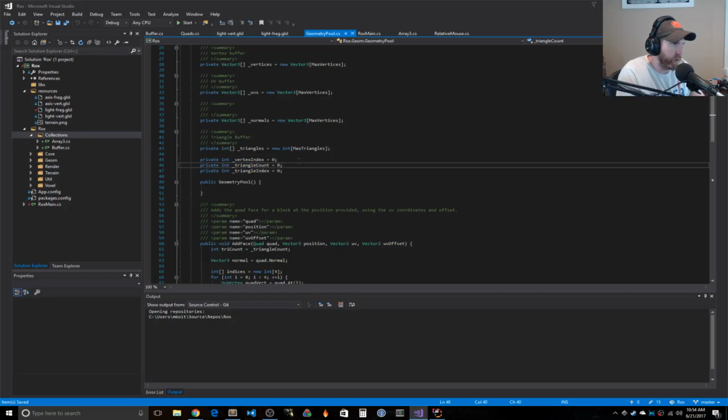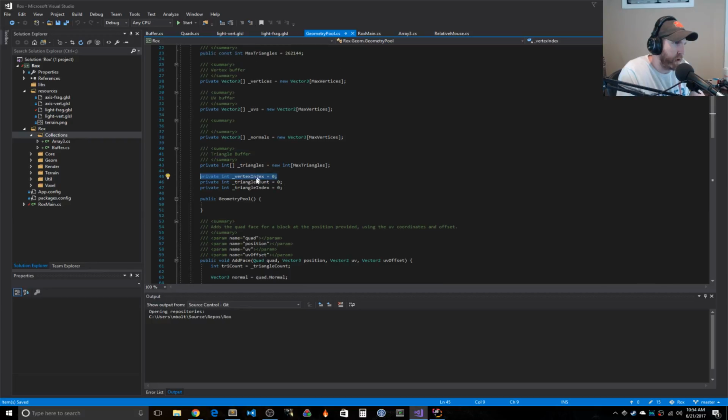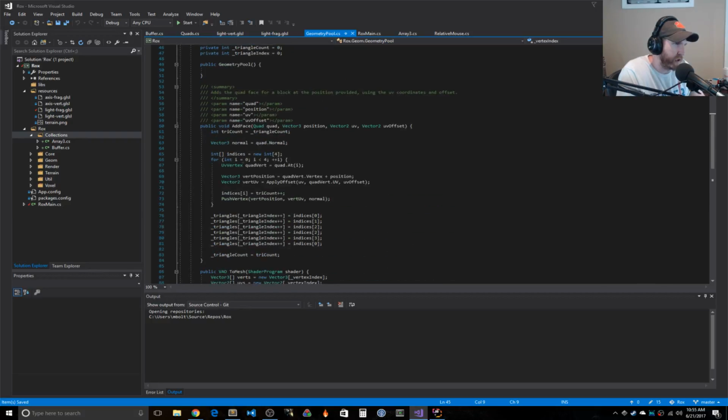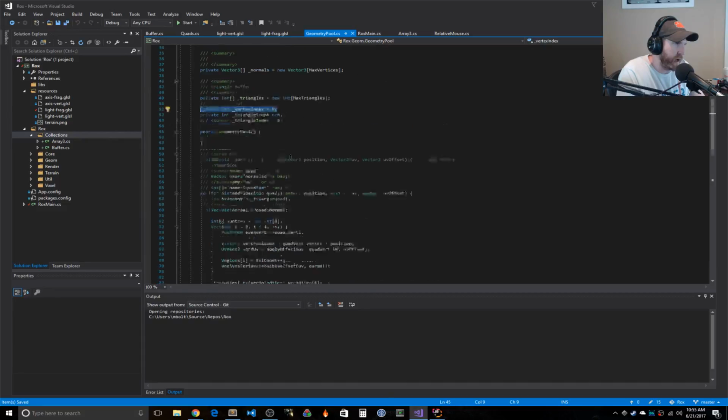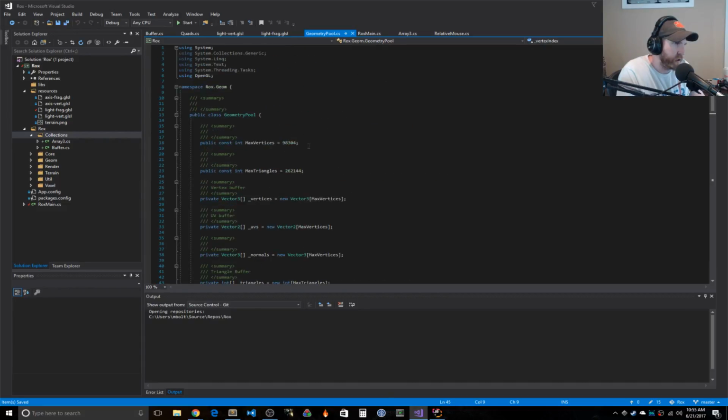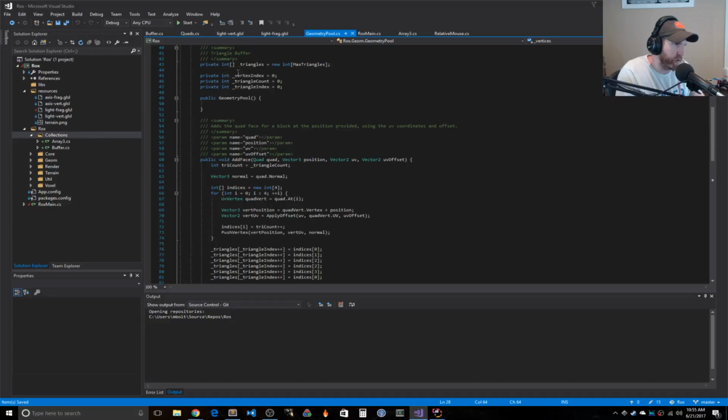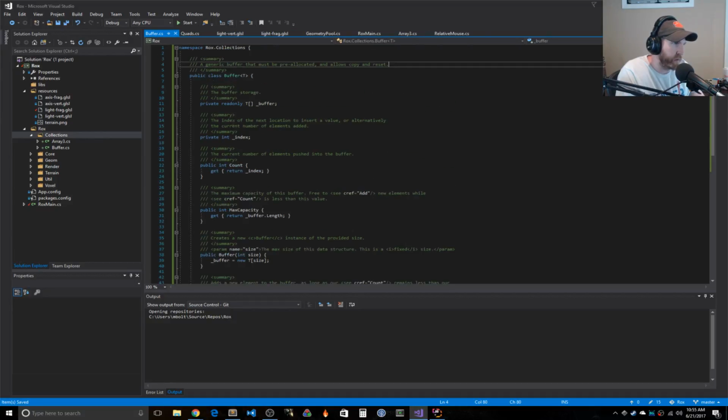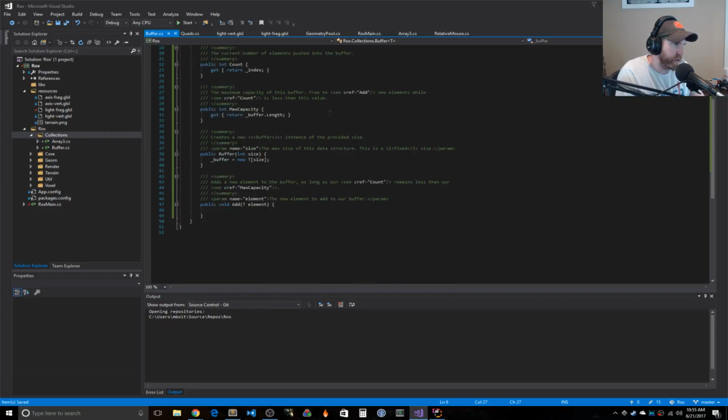What I'm going to do is abstract that out. There's really no point for us to keep counts of all this stuff, and in fact, I think it makes it slightly confusing. But having a structure that will allow us to copy these things will be helpful. So that's what this buffer is that I'm going to make right here. It's basically just going to let you create a new buffer of a size,